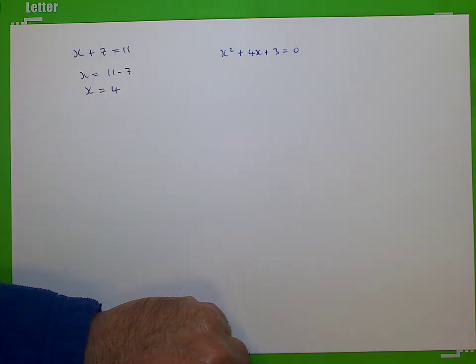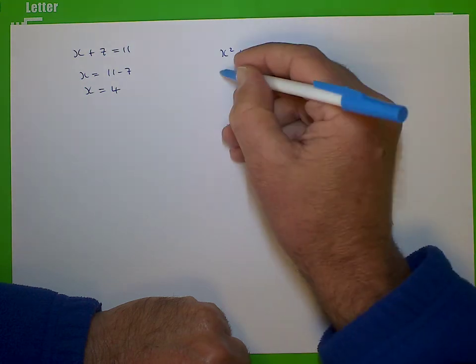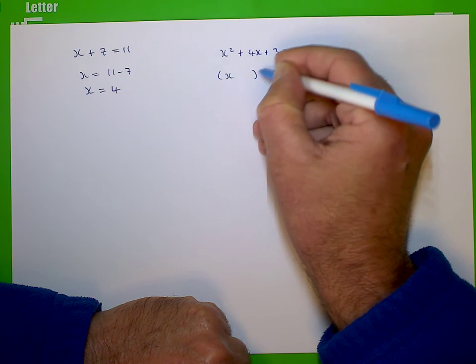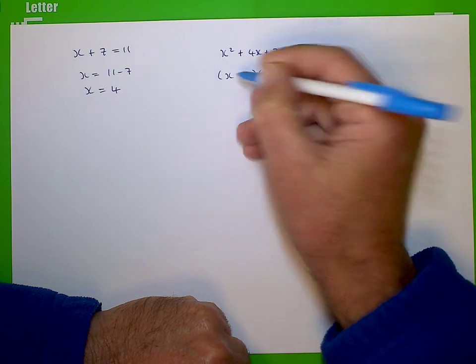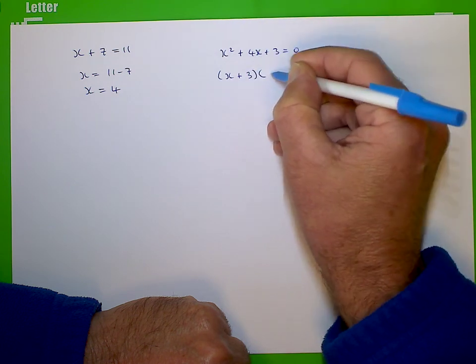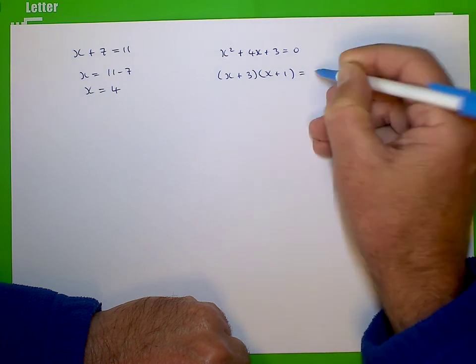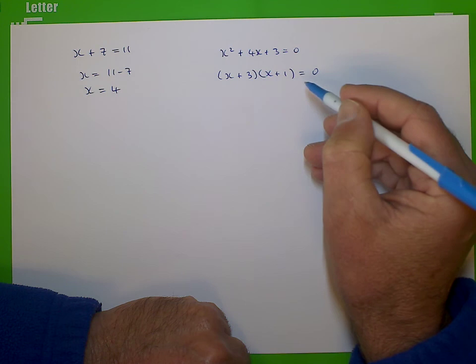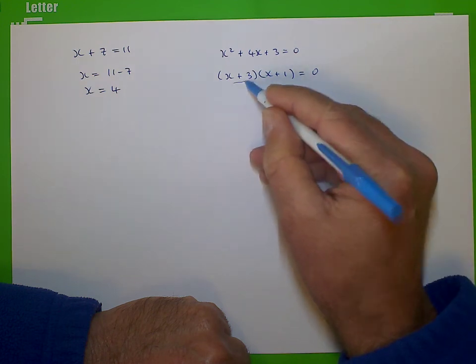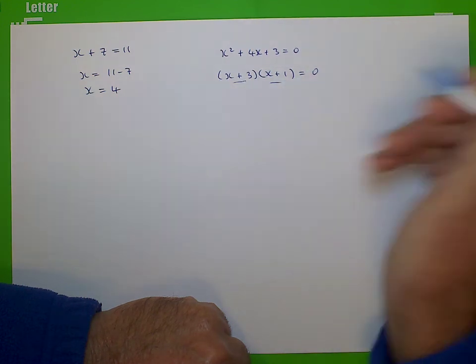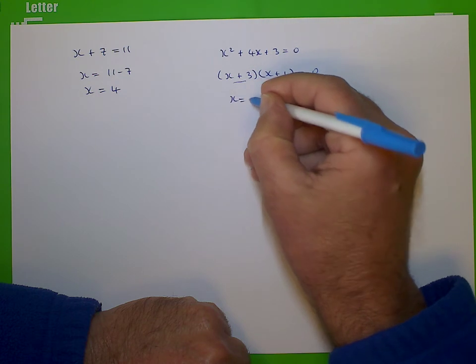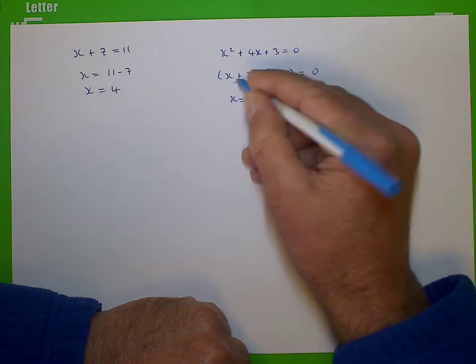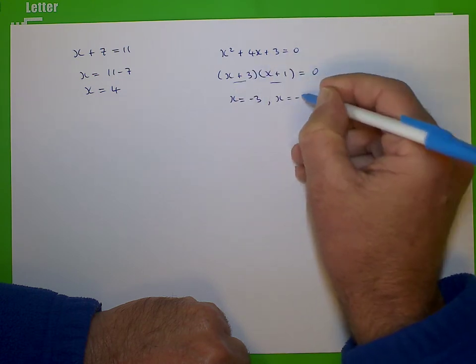Okay, so this is a second order quadratic equation. So let's do that. Okay, so this one, we know we can write it like this. So we can write it as (x plus 3)(x plus 1) equals 0. And we know that in order for the product of these two things to be 0, that'll be true if either this is 0 or that is 0. So we can say, okay, x equals minus 3 is a solution there, and x equals minus 1 is a